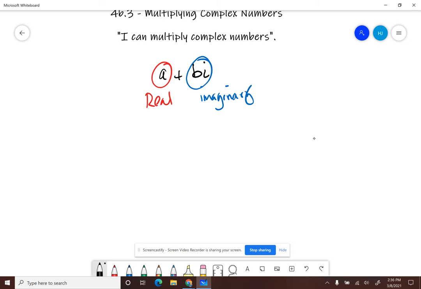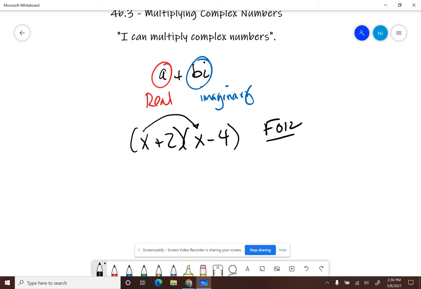So let's look at this and imagine if you had these two binomials, x plus 2 times x minus 4. Well, let's throw that one out there. And again, if we were asked to simplify this, we would know that we need to do the old process that we've become very familiar with, which is FOIL, which is basically just the distributive property, right? All I'm doing is taking my first terms and multiplying those, and then I'm taking my outer